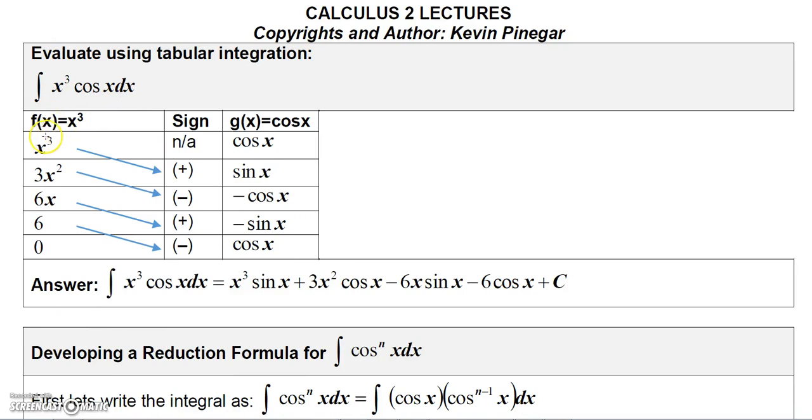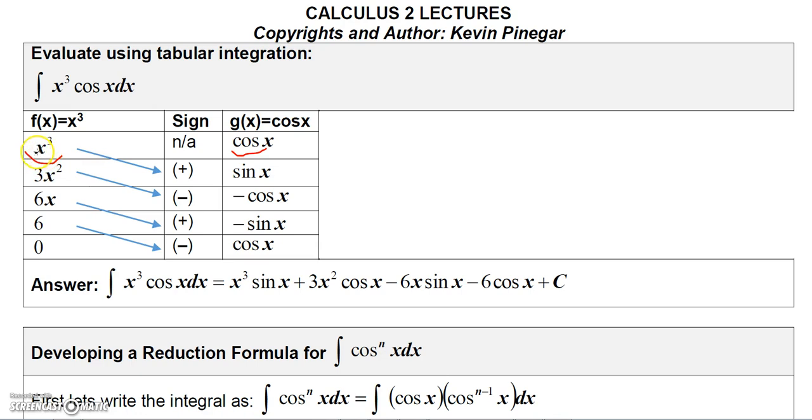Okay, so I'm going to start out, I'm going to let my u be x cubed, or the f of x, x cubed, and I'm going to let my dv be the cosine x function here. So here I start out with my dv there and my u here, okay,